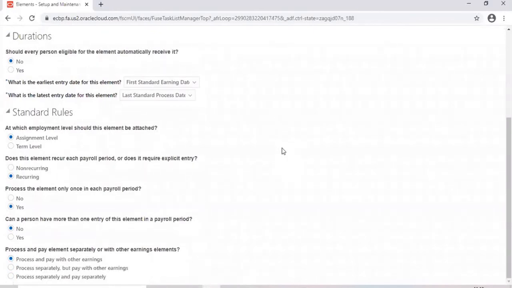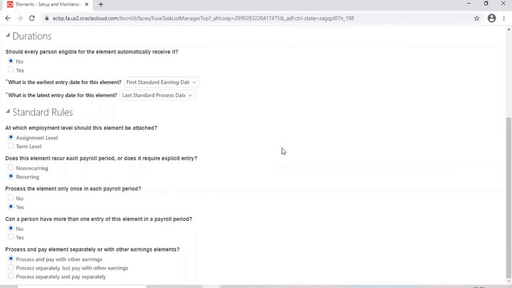In our organization, variable payments are paid yearly. For this element, how can we set up? Is it recurring or non-recurring? It's non-recurring, obviously, a one-time payment. In a year, maybe April or January, depending on the company, they are going to pay. For such an element, we will define it under non-recurring.